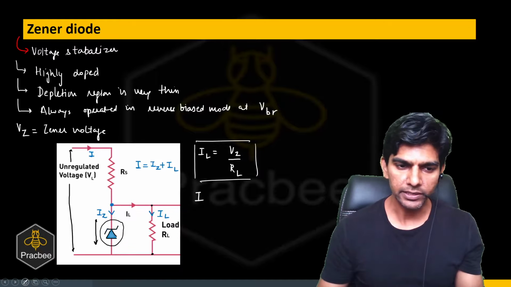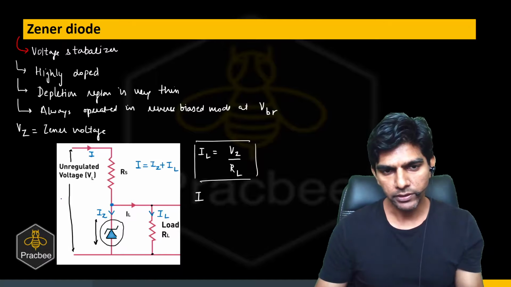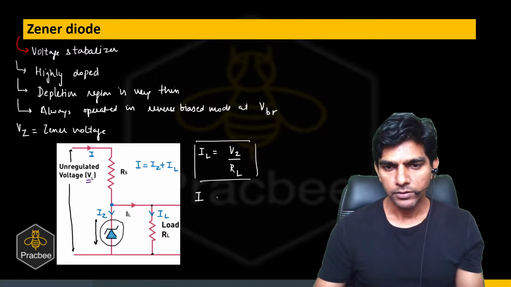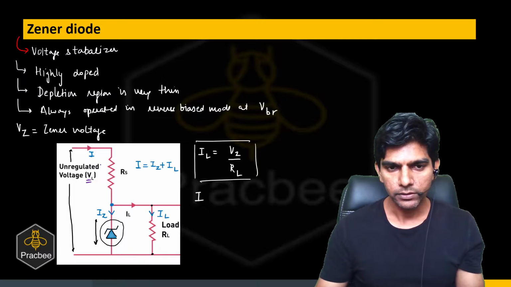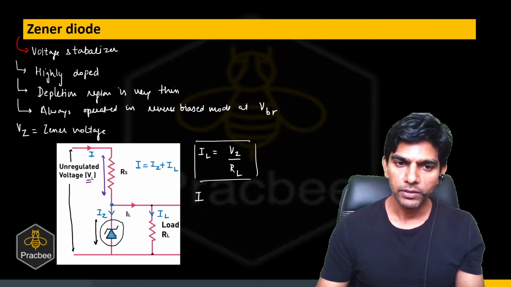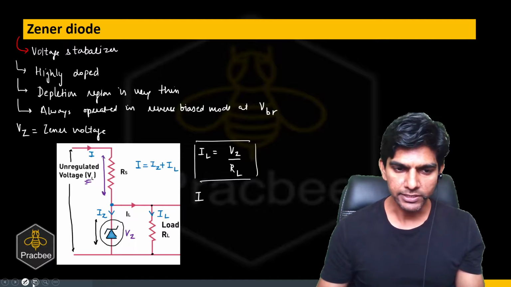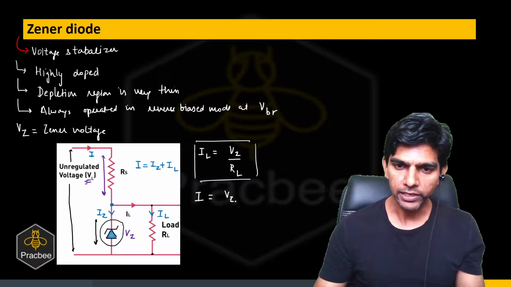And what is the input current? Let us say at a particular instant, the unregulated voltage is VL, right? So can you tell me what is the potential difference across the resistance RS, which is the input resistance? It will be nothing but VL minus VZ, right? VZ is the potential drop across the Zener. So we can say the input current will be VL minus VZ divided by